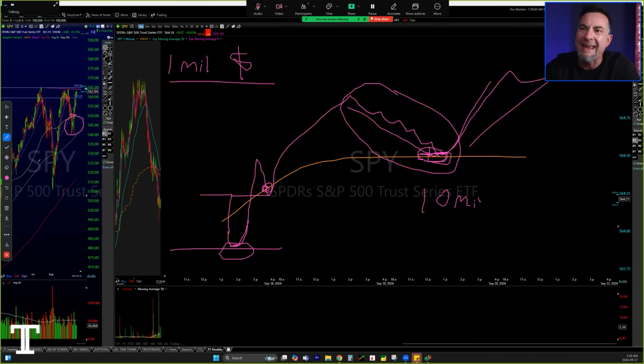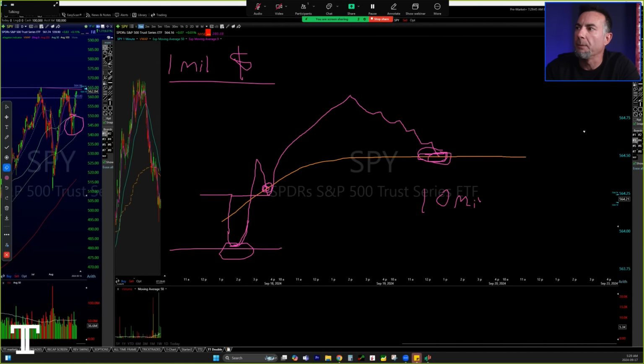But what I'm trying to paint for you guys on this, let me clean this up a little bit, is a slow, gradual pullback into the VWAP. And once you see it come into the VWAP, you're going to notice a heavy volume spike. And it's not just a crazy spike, it's just heavy volume coming in. The closer it gets into VWAP, and it can even break the VWAP a little bit, it's in a designated